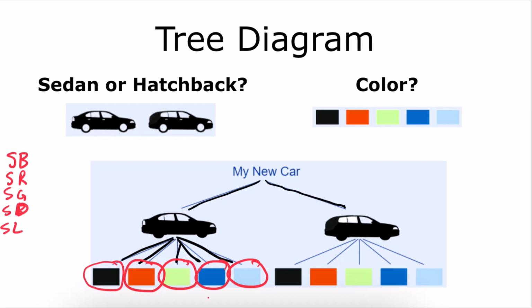But basically, those would be the lists of all of your choices that would be possible for a sedan. And then you would have the same for the hatchback, where you would have a hatchback that's black, or a hatchback that's red, or a hatchback that's green, or a hatchback that's dark blue, or a hatchback that's light blue. And the total number of options is 10, and this is basically just a visual way of finding the Cartesian